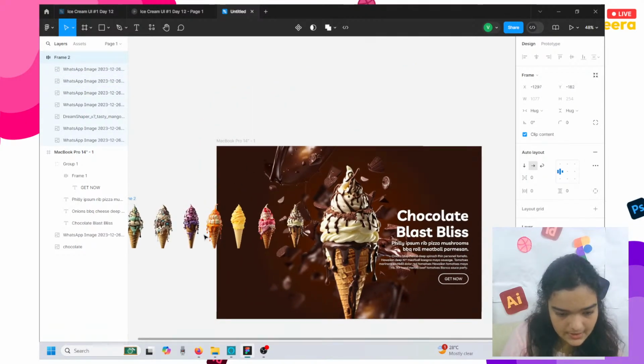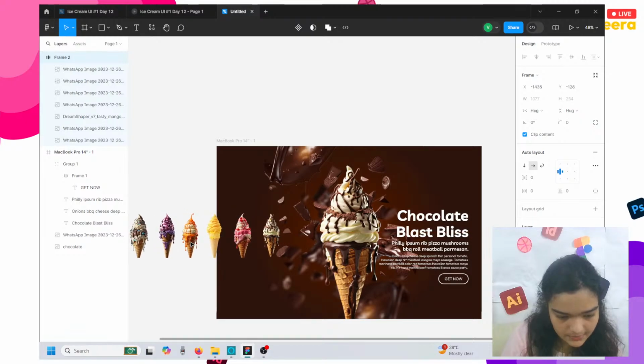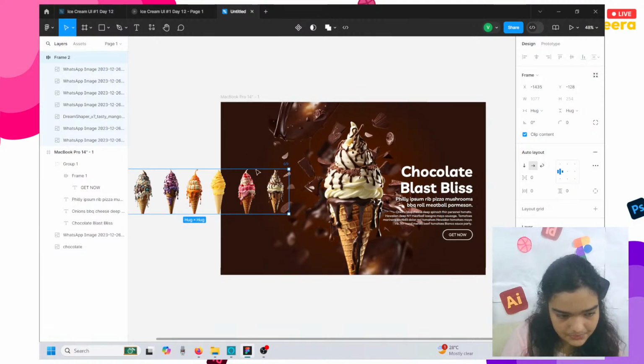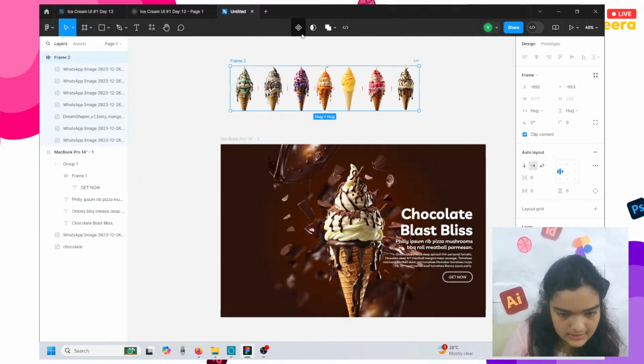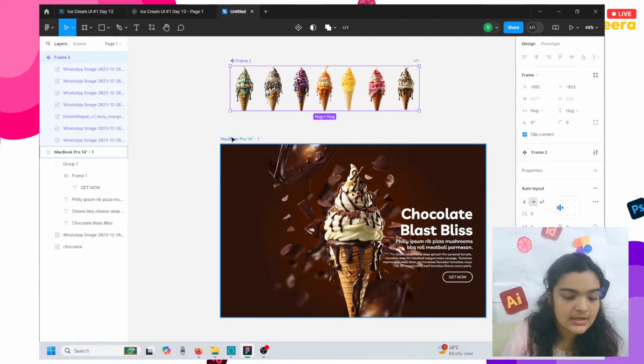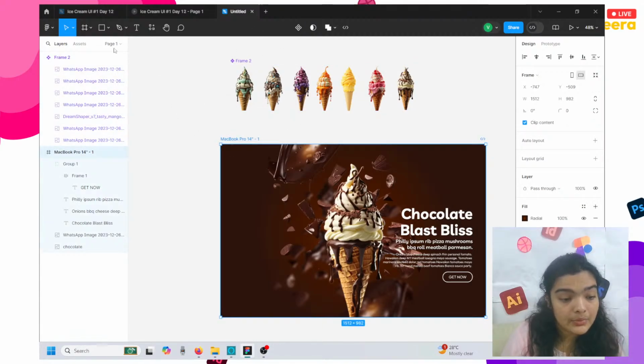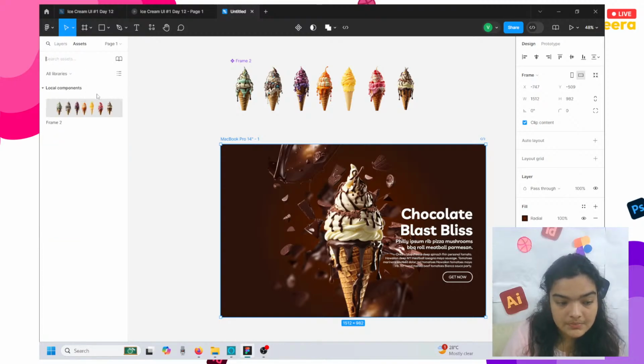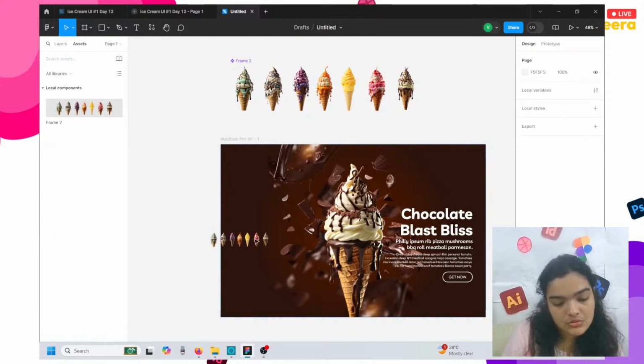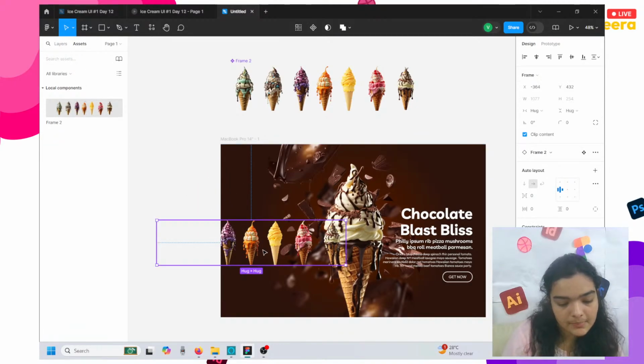We'll just take this frame, place it inside of our, you know what, let's just create an asset out of this frame. So we'll just keep this frame right here, create a component. Now we can duplicate these as many times as we want. We're just going to go to our assets section, choose to place it inside of our first MacBook,